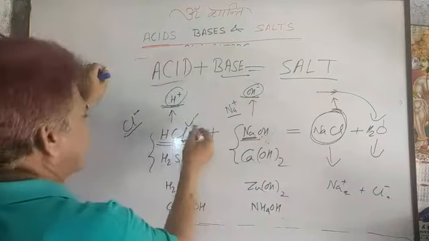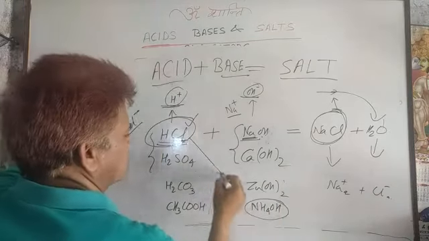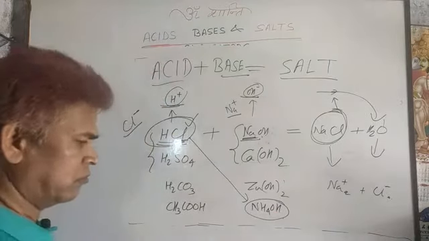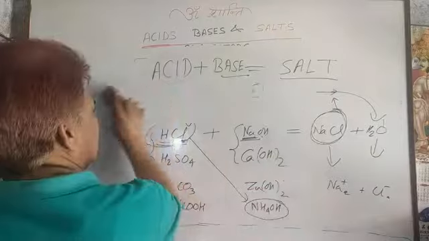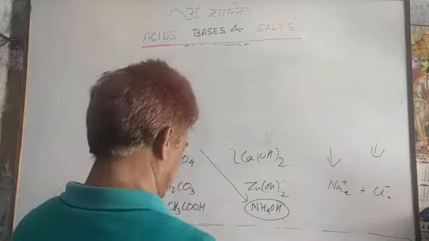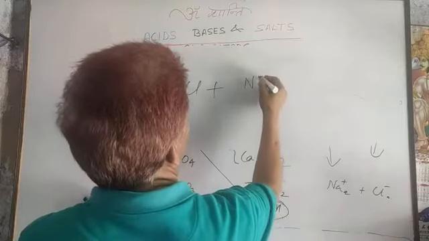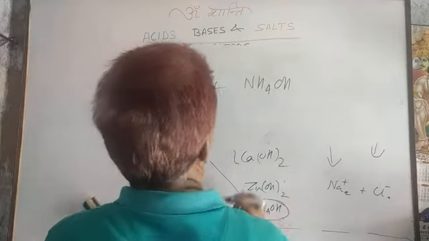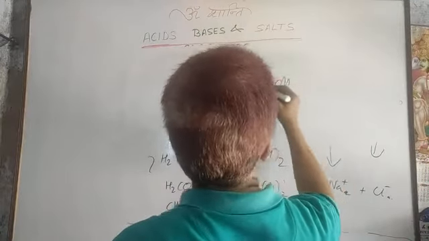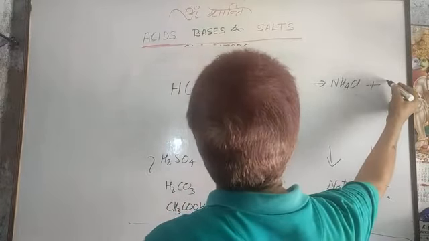But if you take a stronger acid and a weaker base, just take another example, HCl and ammonium hydroxide. So, you can write the reaction between them. You are taking one stronger acid and a weaker base. What happens? Stronger acid HCl and weaker base ammonium hydroxide. So, the radical of the acid Cl minus and the ammonium from ammonium hydroxide convert into ammonium chloride and water.